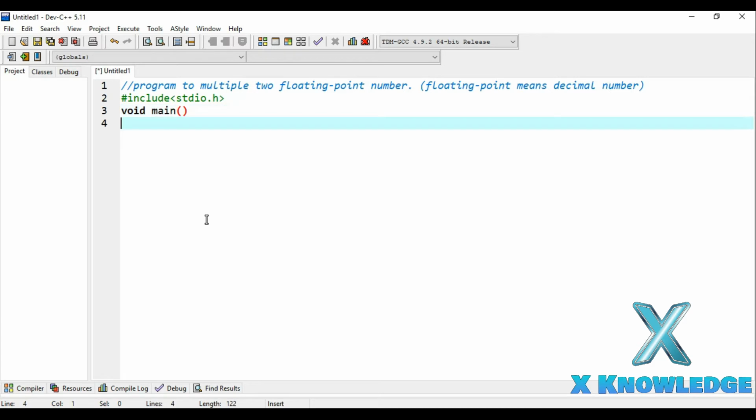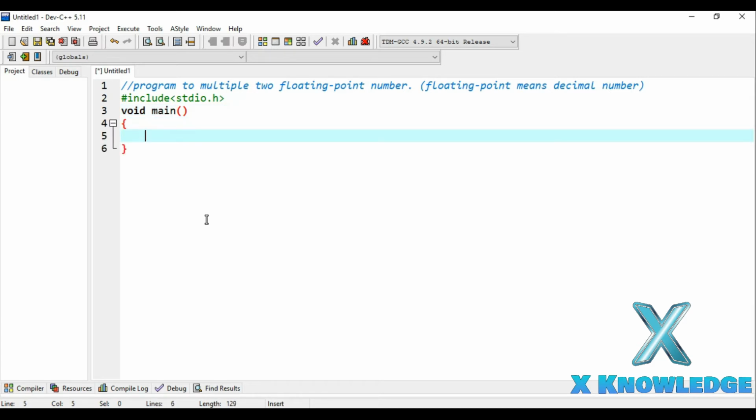Now we will be defining variables in order to save the numbers which will be given to us by the user. The important thing to note here is that we are going to multiply two decimal numbers, and the data type for storing decimal numbers is float or double, but we will be using float here.